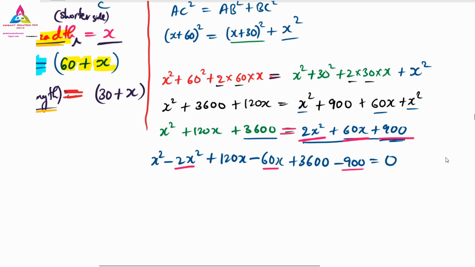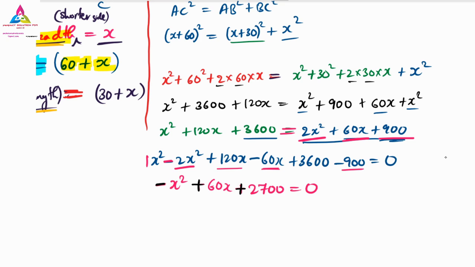In x square, if you are subtracting 2x square, it will become minus x square, because here 1, the greatest number is 2, so negative symbol, so negative. In 2x square, if I subtract 1x square, you are going to get the x square only. In 120x, we are subtracting 60x, so it will be how much? Plus, greatest number, plus 60x only. And lastly, it is plus 3600 minus 900 is nothing but positive 2700, that is equal to 0. Till here, how many of you have doubt? You can ask me quickly. Till here. Those who have doubt, you can ask me.